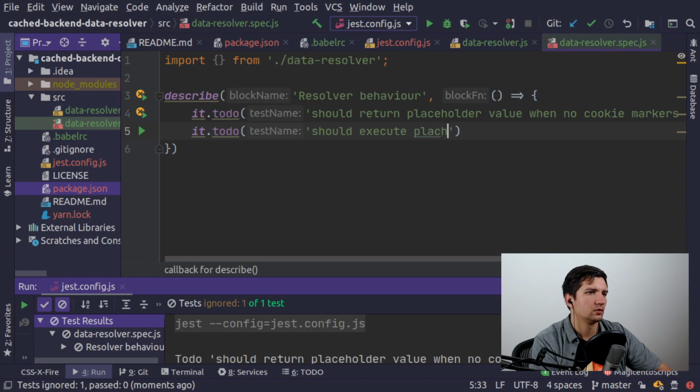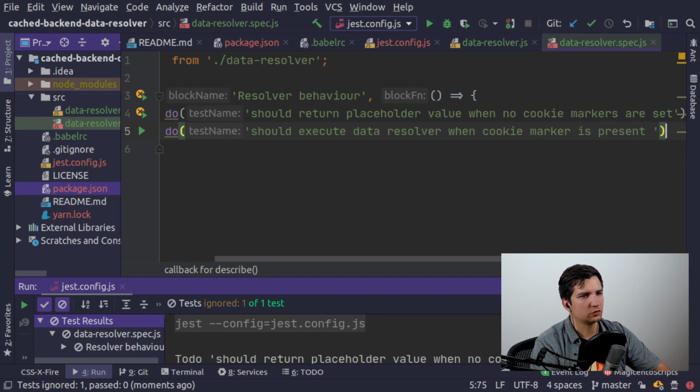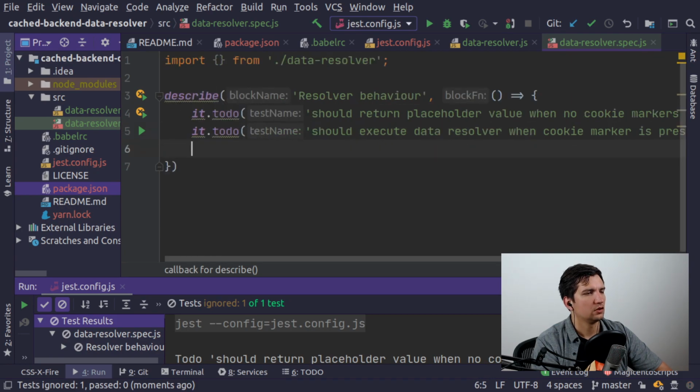Then we'll tell that it should execute placeholder, should execute data resolver when cookie marker is present. So this is another behavior, and let's create another to do. What it should do as well, it should